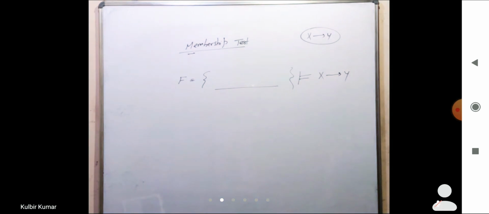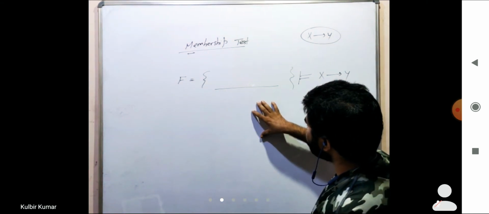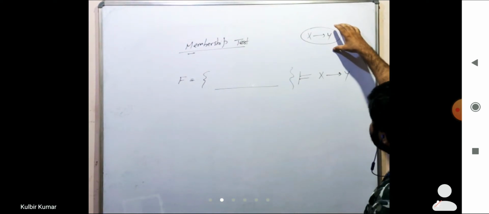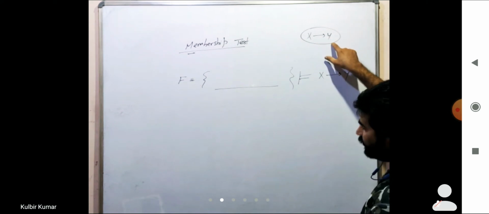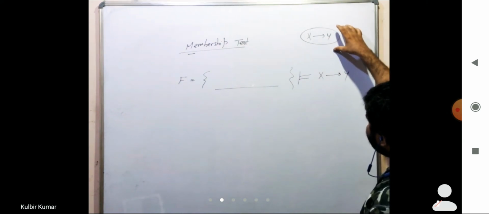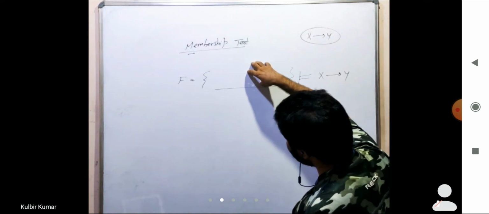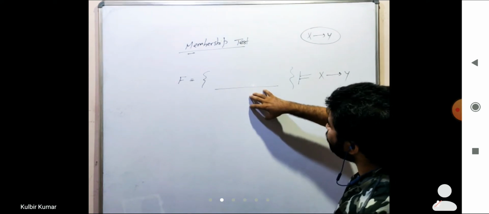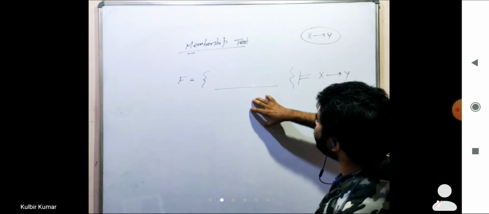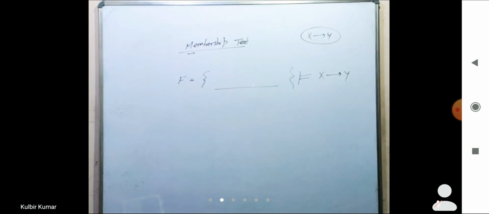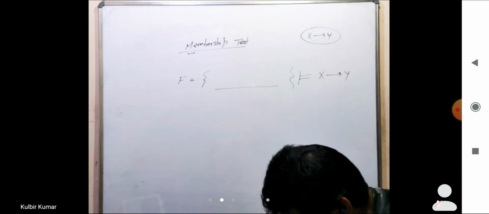How to check? Let me take an example. Okay, how we will check, I will give an example. What does the membership test say? That you have a functional dependency set and there will be a functional dependency X goes to Y, and we have to check whether this X goes to Y is implied by this functional dependency set or not. This is finally the case of a membership test, and how to find the membership I will tell you with an example. So let me take an example.